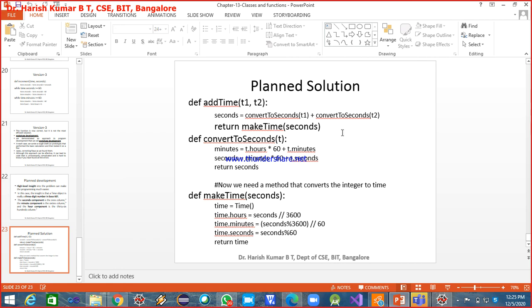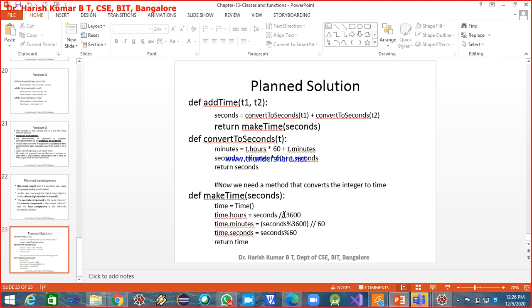I'm calling one more function, make time. Inside this, I'm creating an instance of the time class, and observe now. To get the hours, seconds divided by 3600. Why have I written the double slash? Because I don't want the fractional part; hours cannot be fractions.